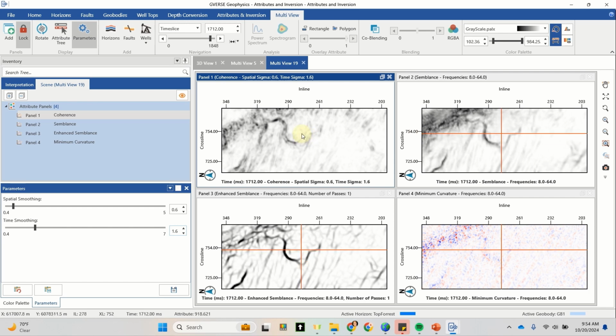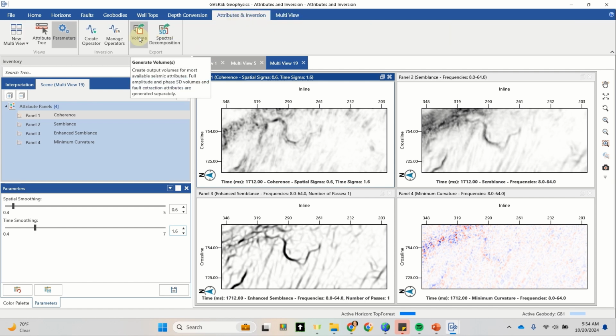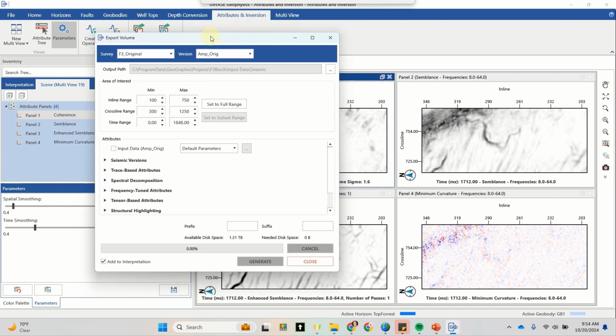You can figure out which attribute works the best for any situation without having to go through multiple volumes you had to generate. Once you've decided on which volumes you like the best for those situations, you can export them here. So I can come back through